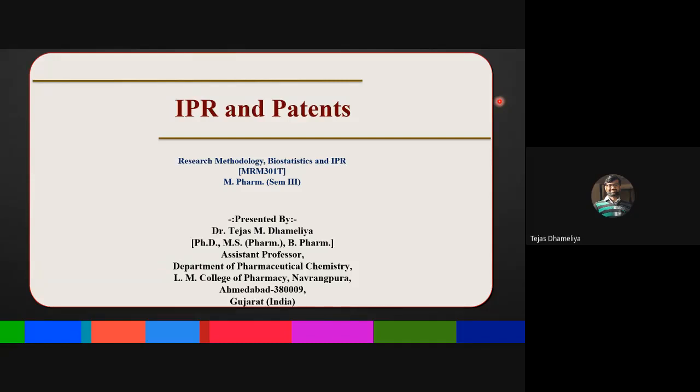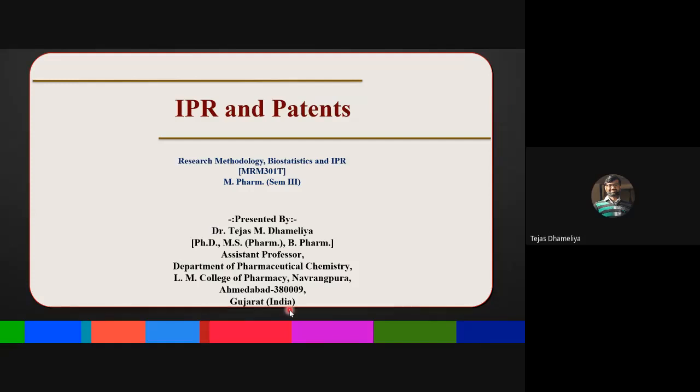We have studied basically a name, the title of the patent, who the inventors are, what their names are, followed by the name of the institute. All this we have studied under form number two.